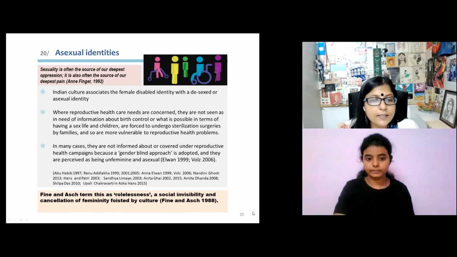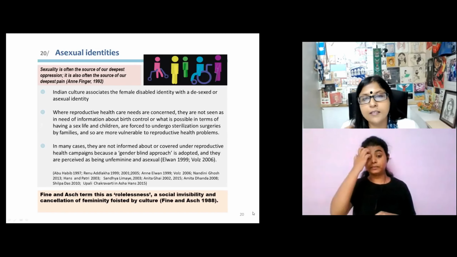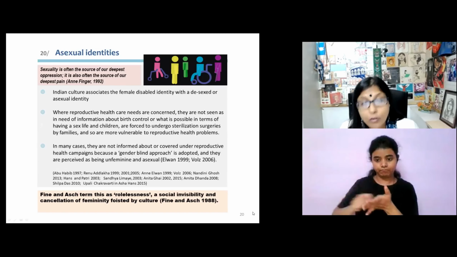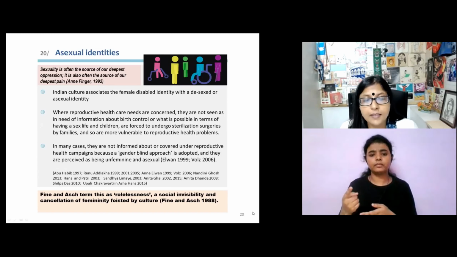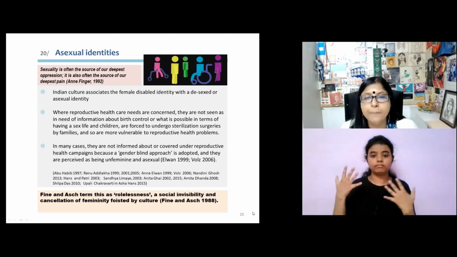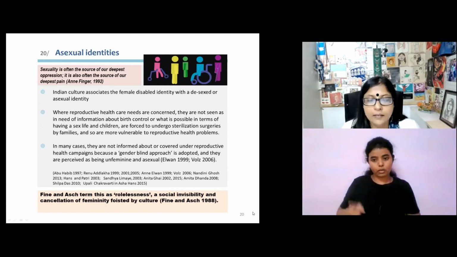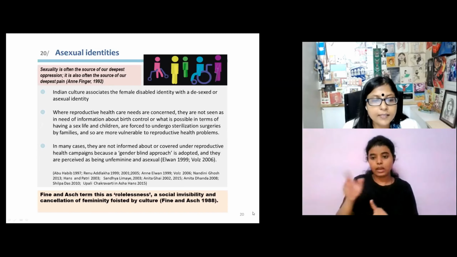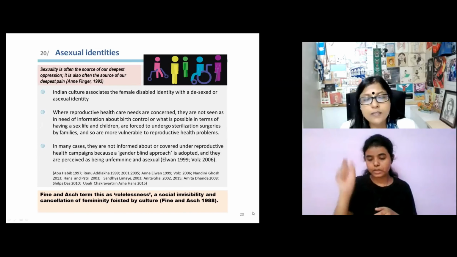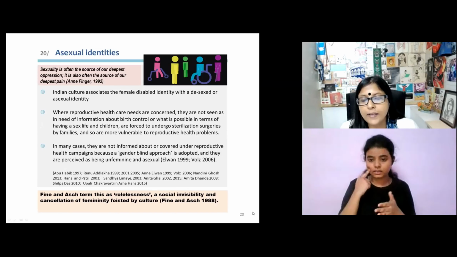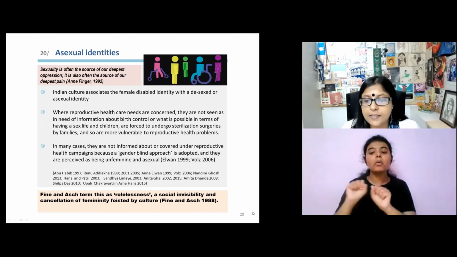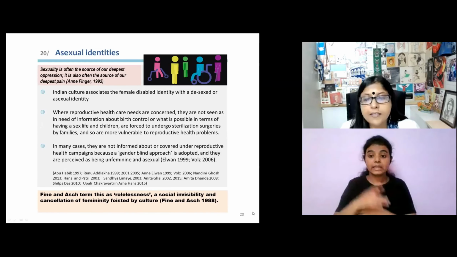In her incisive feminist ethnography on constructions of femininity and disability in Bengali culture, Nandini Ghosh, who is here today, raises an important issue. She uses a life cycle approach to explore the subjectivity of the disabled female body in structuring